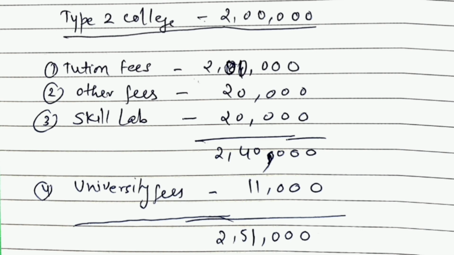And then once you are in the college, they will charge you skill lab fees. They may not charge you 25,000 rupees, but they may charge you a lesser amount, 20,000, so that you take admission and you don't miss it. So total will be like 2 lakh 40,000. And then once you are in the college, there will be VTU fees which will be charged in the middle of the year, and 11,000 you have to pay approximately. So total fees for type 2 college students will be 2,51,000. So those are the two slabs for this year and the total fees you can expect this year.